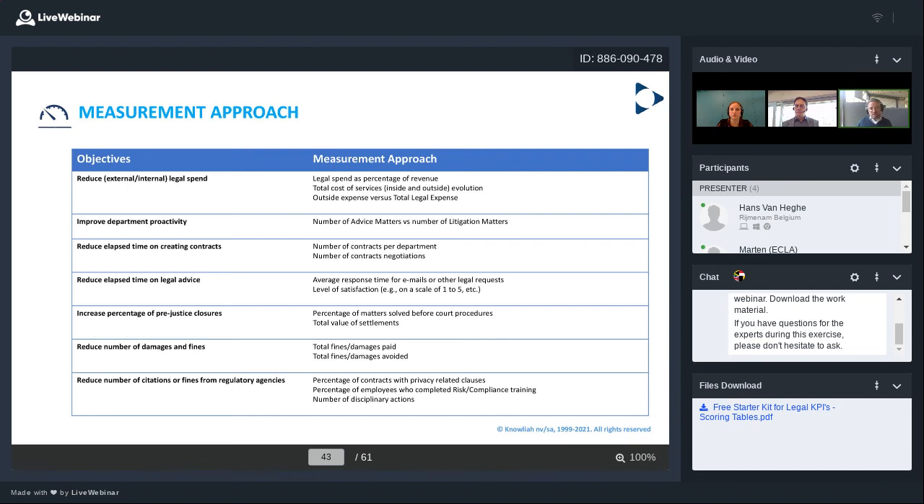Reducing the elapsed time on legal advice. So all the advice that you give to your internal customers, you can reduce time, of course, always keeping in mind the quality of advice that you will give. And that you can track by the average response times on emails that you send to your internal customers. And if you have enterprise legal management tools that track the activity that you have in the matters, you can actually also track the timing in there. And also, of course, the level of satisfaction of your internal customers can measure the elapsed time, because the satisfaction is often linked to the timing in which internal clients receive an answer to their question, to their advice that